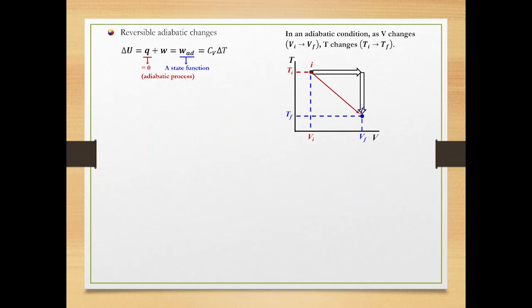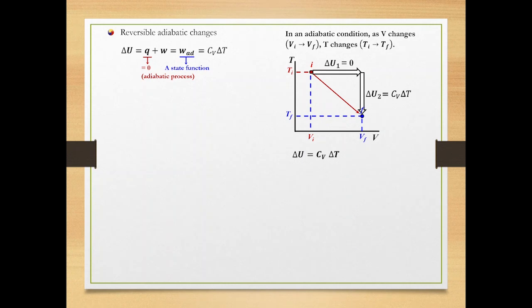The internal energy changes in step 1 and step 2 are represented by delta U1 and delta U2. Take note, delta U is 0 at constant temperature. Consequently, delta U1 is equal to 0. When the temperature changes at constant volume, delta U is equal to C sub V times delta T. Consequently, delta U2 is equal to C sub V times delta T. Now, the overall delta U is equal to C sub V times delta T.